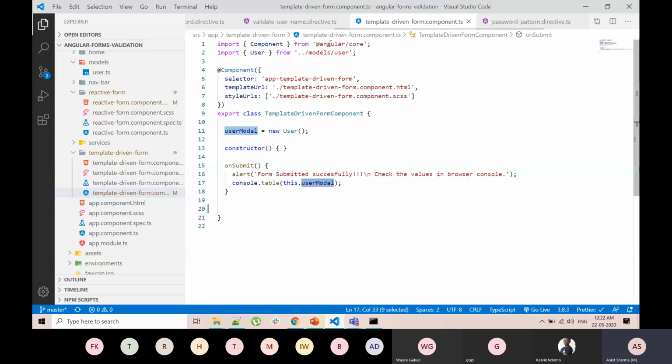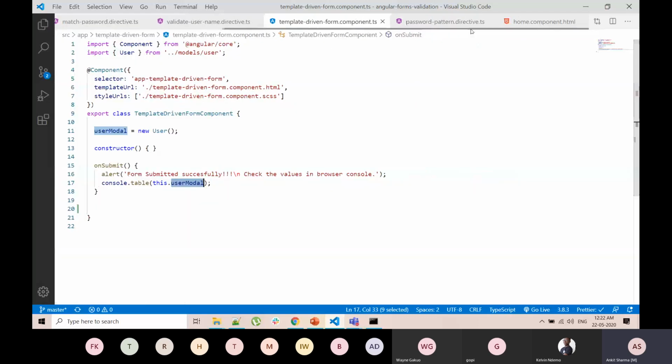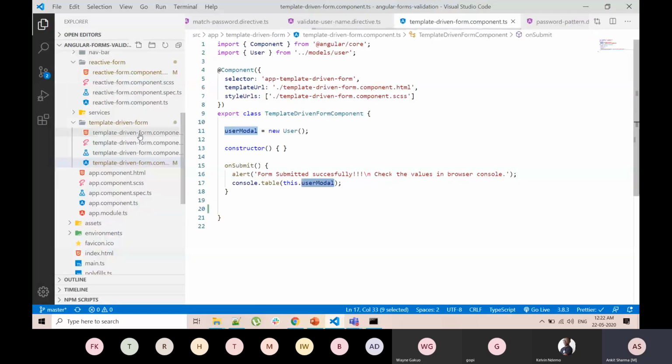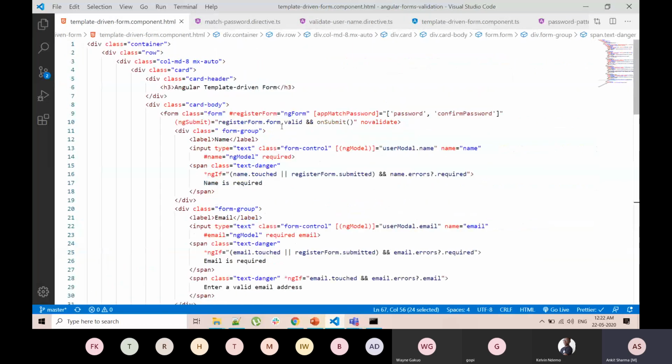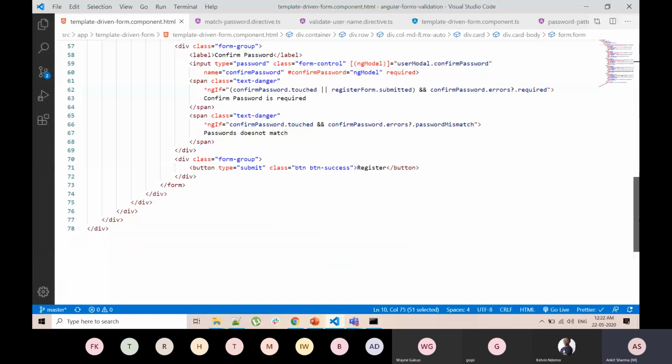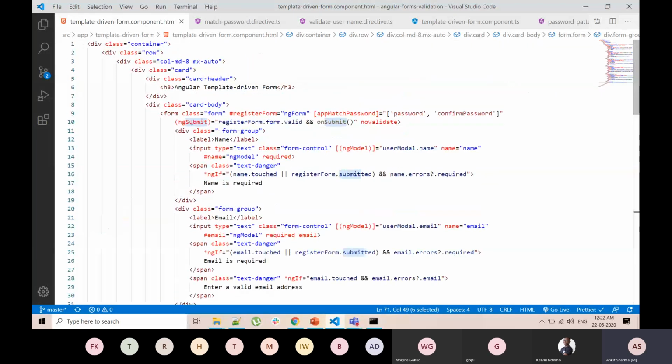If you go to the template, here you can see ng submit. So how the submit button works is the same as in reactive forms. The type is submit, which means it will submit the form. When I click on that button, the ng submit method will be invoked, which will call our on submit method.